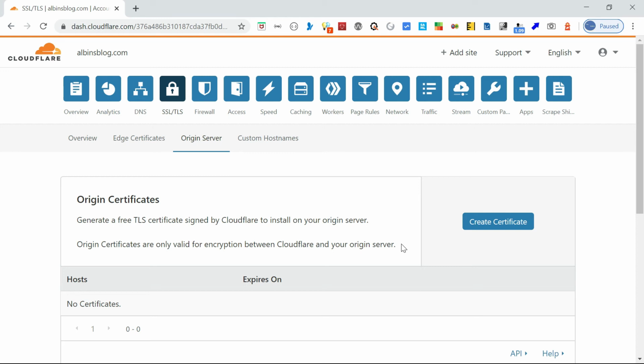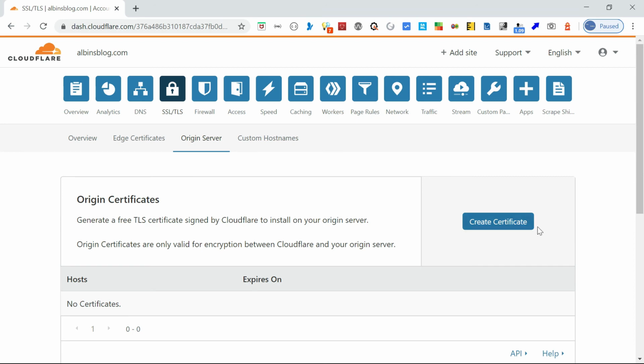The certificates generated here are not trusted by the browser, so you can't use the same certificate for traffic from the browser to Cloudflare. From the browser's perspective the certificate is not trusted, but it will be trusted by Cloudflare because it is created here in Cloudflare, allowing the backend connection to be encrypted and authenticated.